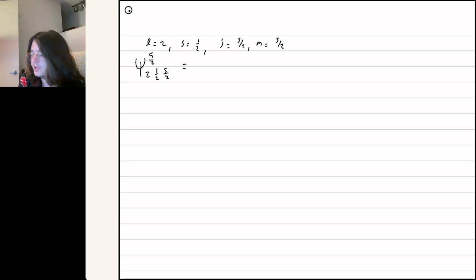Because J and M are already at their maximum values for this system, this is going to be exactly equal to the state vector